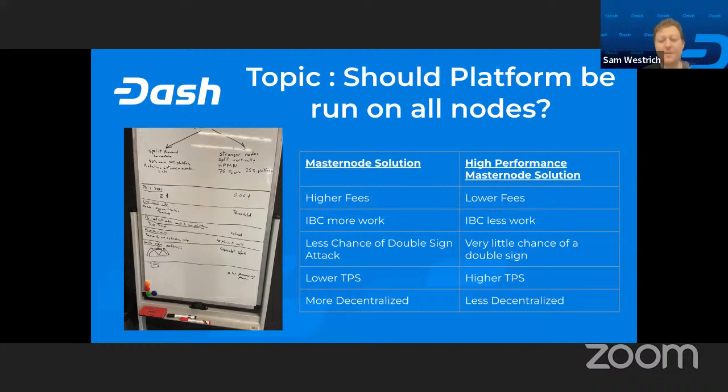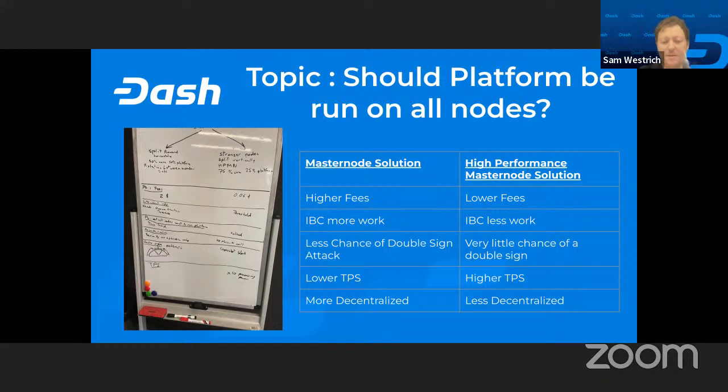We would introduce a new type of masternode to the network, a masternode holding most likely 10,000 Dash or 5,000 Dash. We're not yet completely sure, but most likely 10,000 Dash. And this would create a much smaller subsection of high performance nodes. They would act as normal nodes, except that they would have like 10 times more votes, for example, for governance. But they would be expected to be quite powerful.